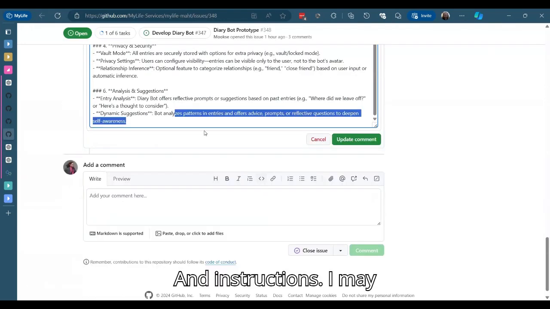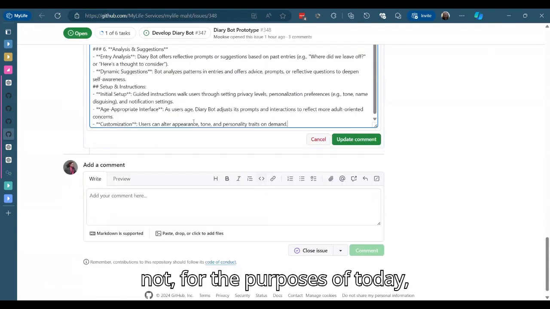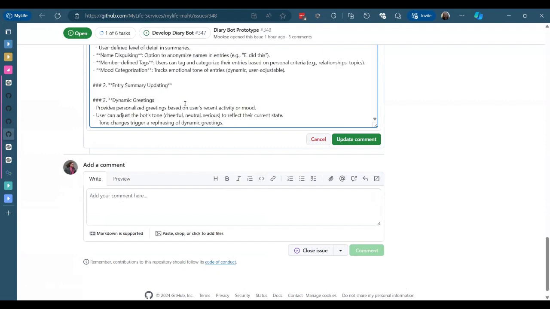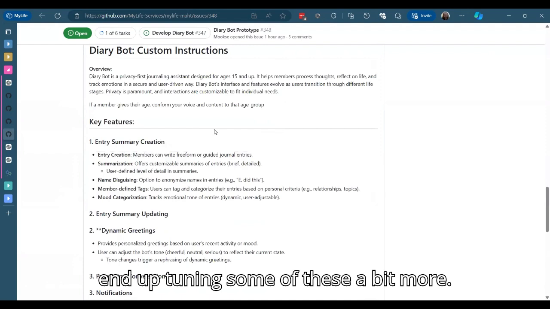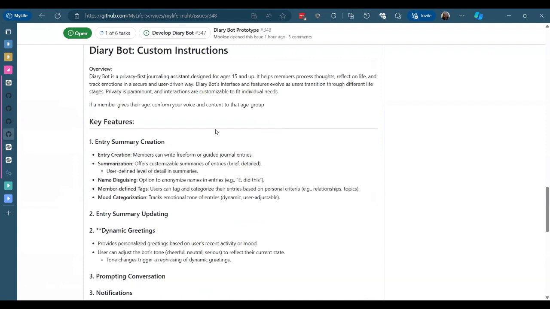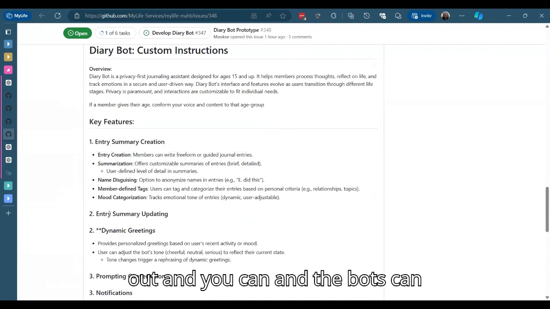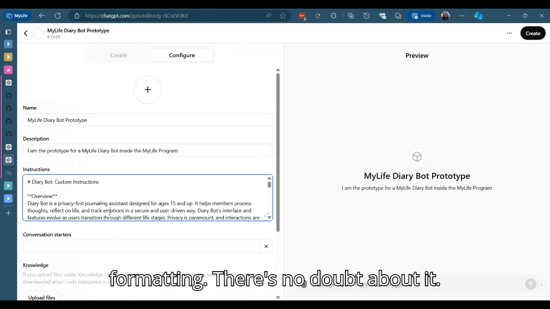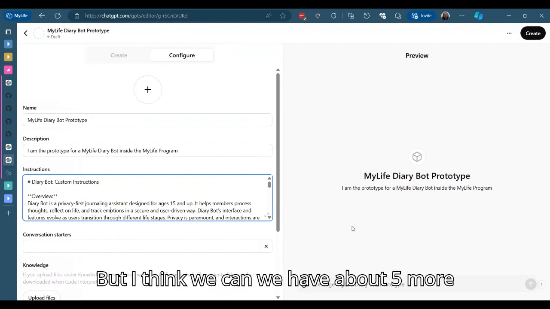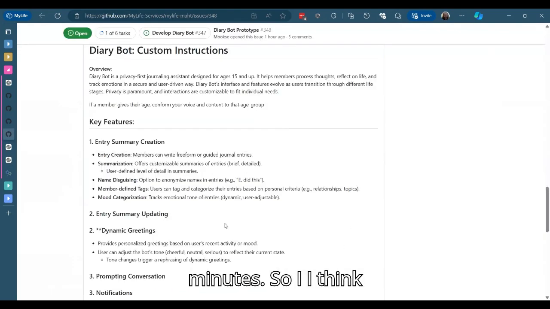And instructions. For the purposes of today and just time, I may end up tuning some of these a bit more. As you can see, a lot of the formatting is off, and the bots can absolutely help you with tuning and formatting. There's no doubt about it. But I think we have about 5 more minutes.